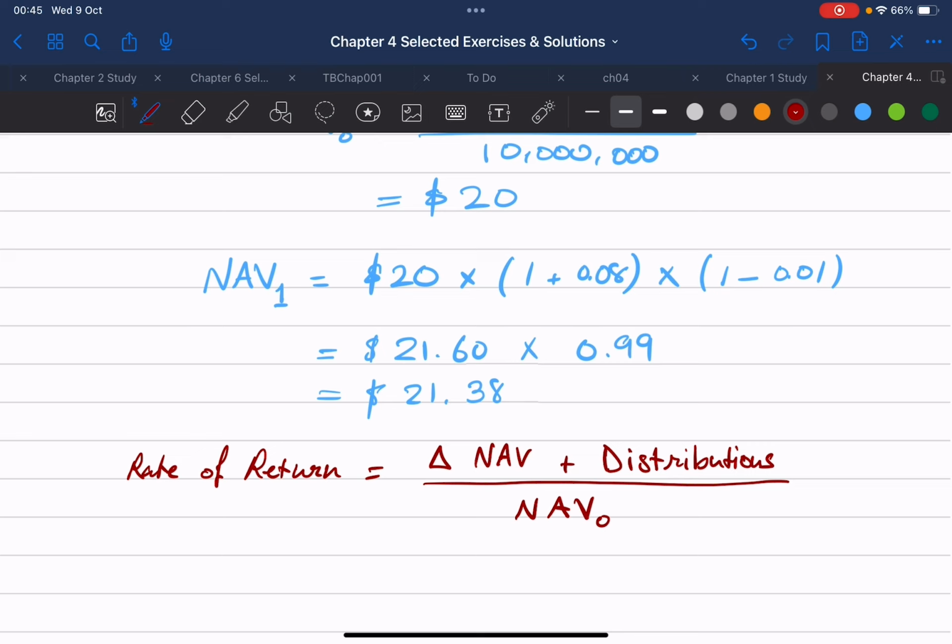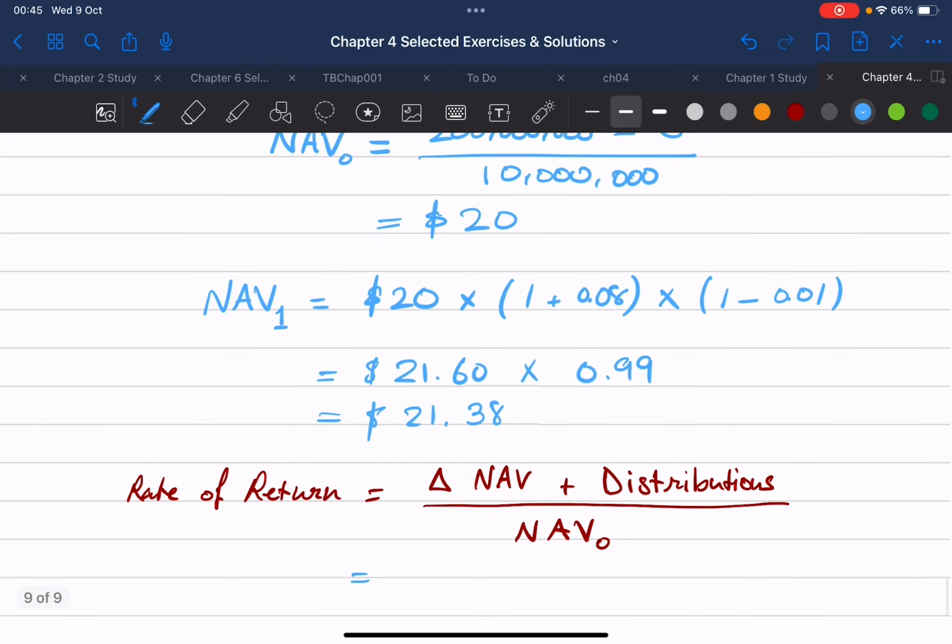Okay, and that will be $21.38 minus $20. Okay,